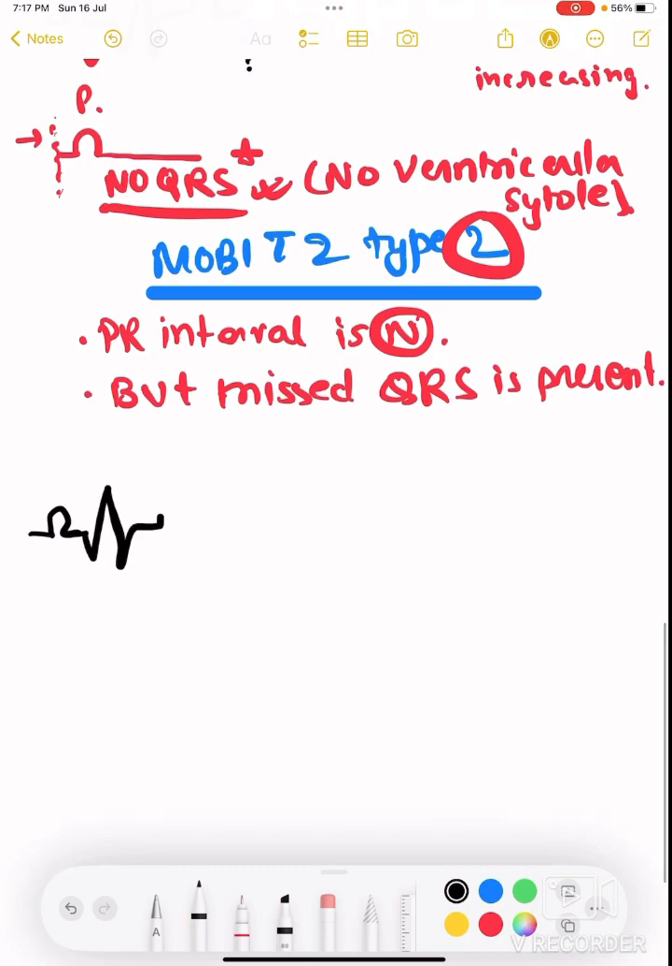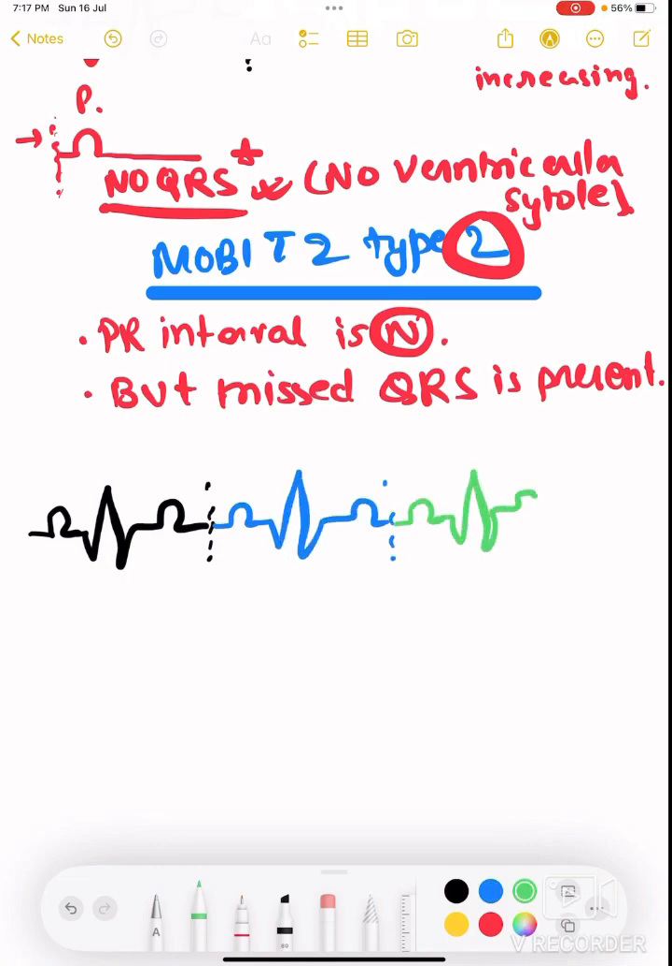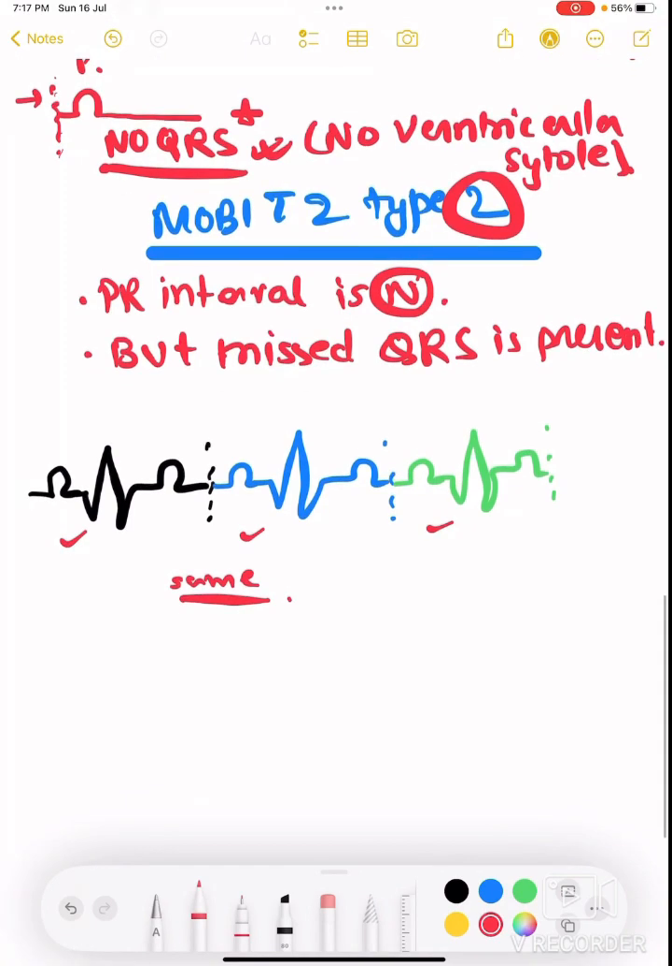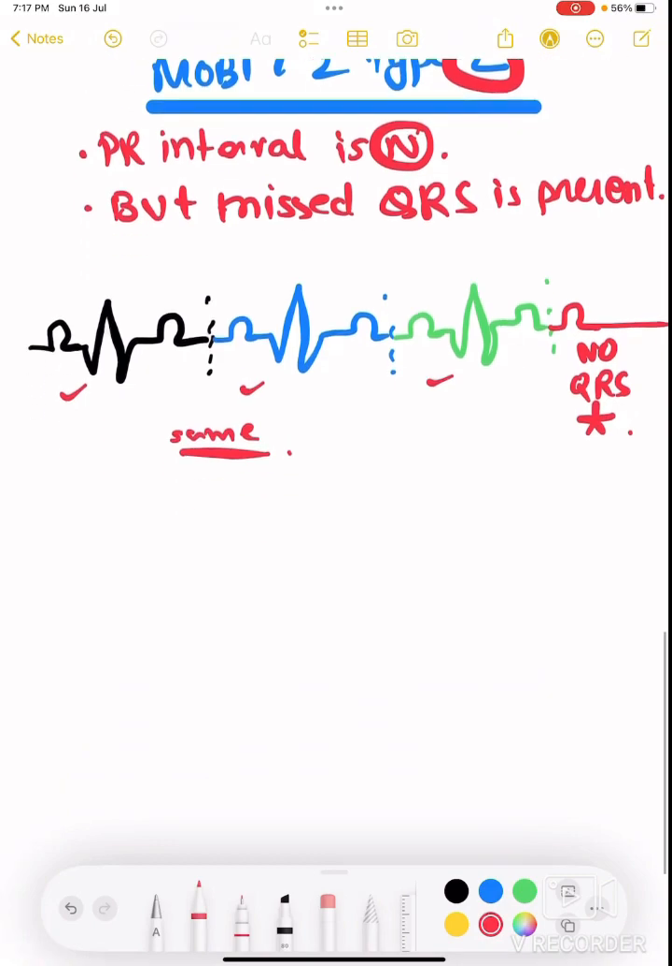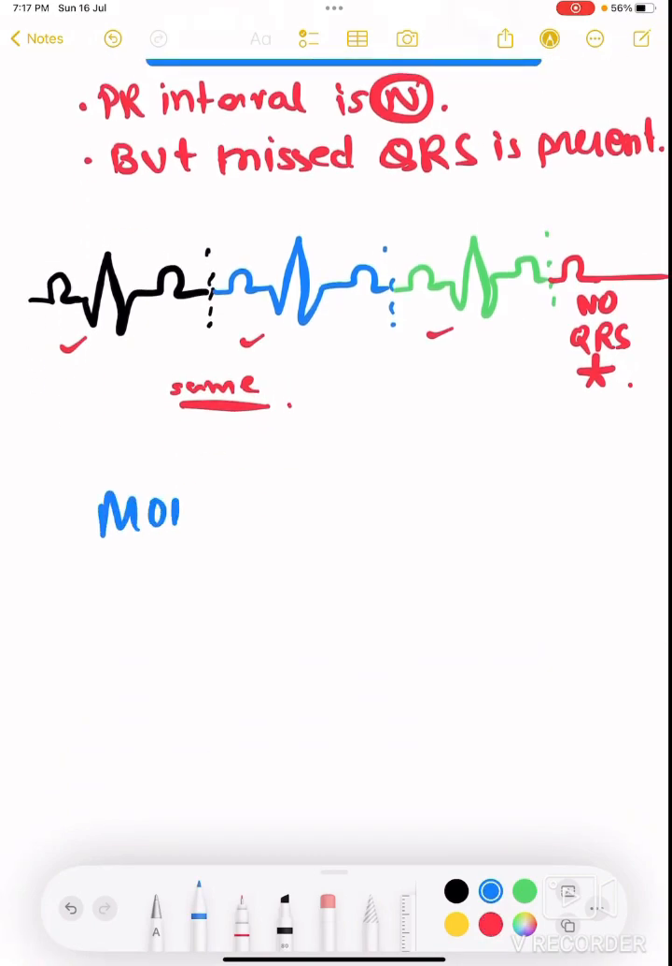P QRS T. Next ECG, P QRS T. Next ECG, P QRS T. Till now you are seeing that the PR interval is the same. It is not increasing, neither is the PR interval progressive. But now suddenly P and nothing is there. No QRS. So this is how you will understand that it is a Mobitz type 2 heart block. Right. Now coming to